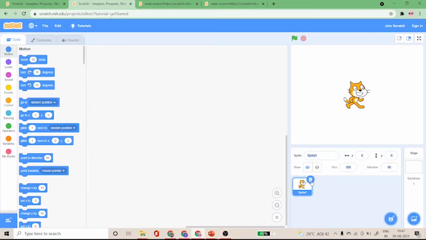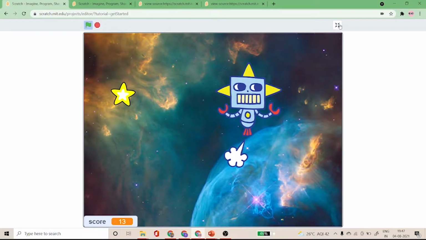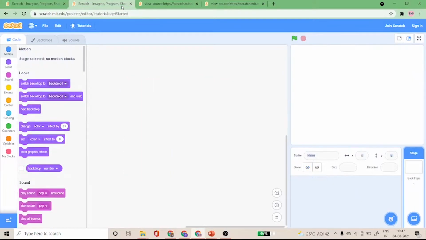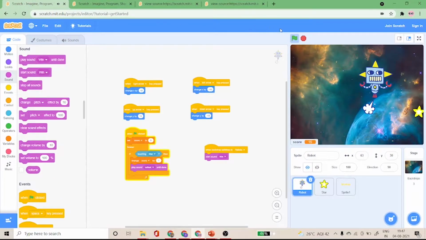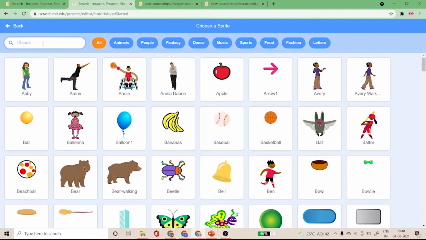As we have seen in the previous game, we need a few sprites to create this game. So we have 3 sprites and 2 backdrops. Let's select the 3 sprites. I'll go to choose sprite and select the robot sprite.